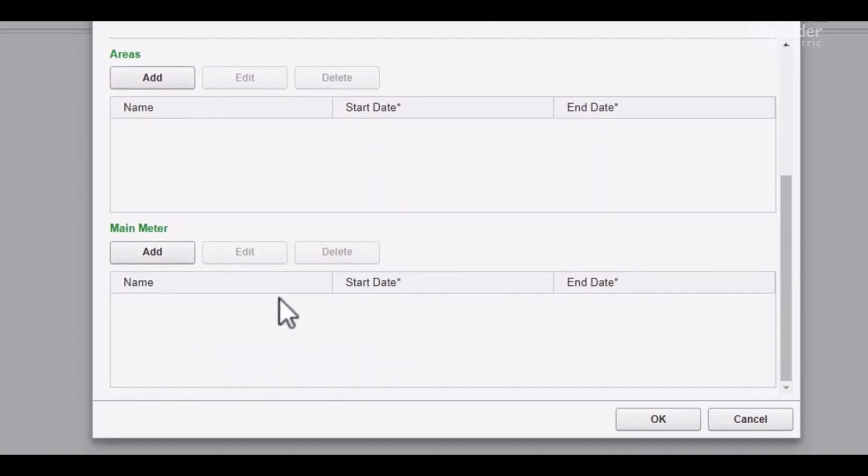The area nodes associations will be created in a later step. The last property, Main Meter, is optional. If no device is specified for a main meter, building node measurements will be summed or averaged from the area nodes beneath it. If one or more devices are assigned to the main meter property, building node measurement data will be pulled from these instead.